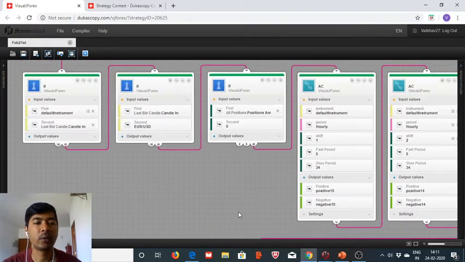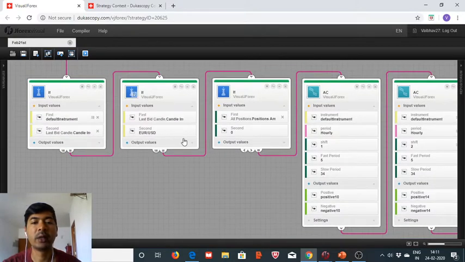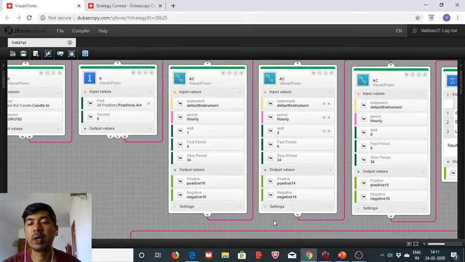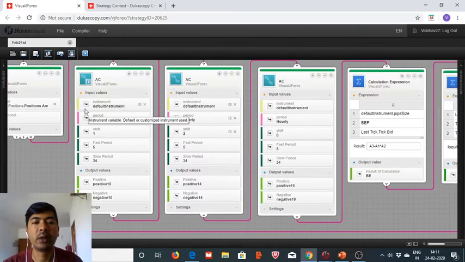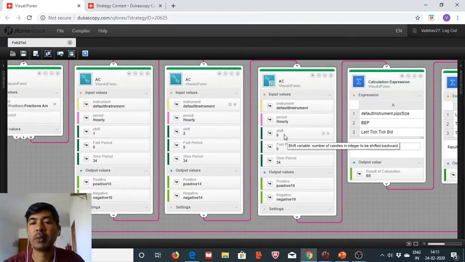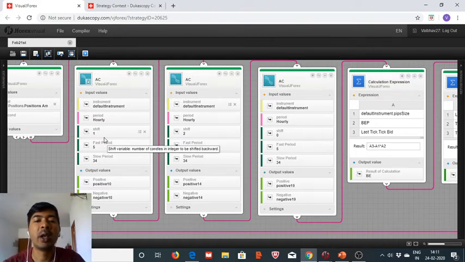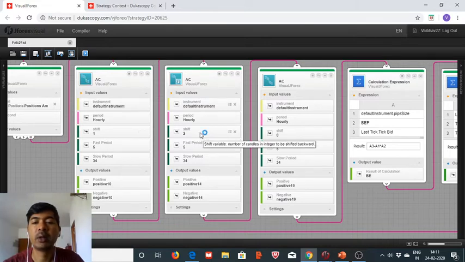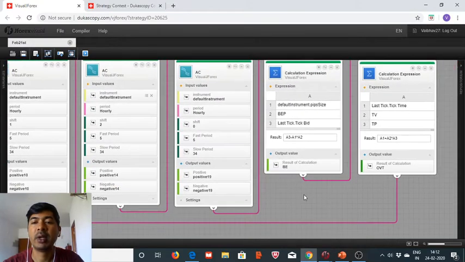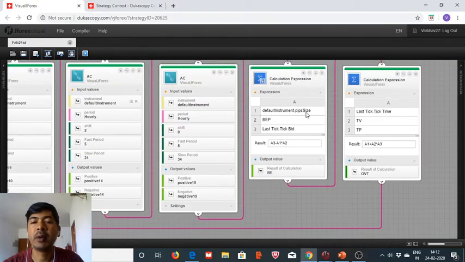So let's take a brief recap of what we have done so far. We did the instrument subscription here, so we are utilizing the EUR/USD as a default instrument, and then we are utilizing these three accelerator, decelerator, oscillator blocks. One is of zero shift, that means it's the current block, current indicator value, and another is shift 1, that is the last period's value, and then shift 2, that is the period before the last one, that is two historical blocks. Backward we will need to go in time,